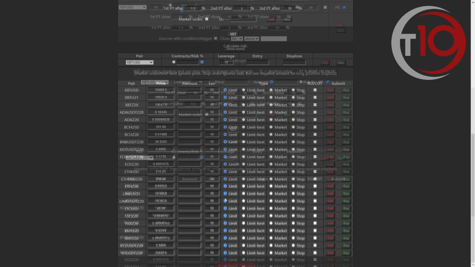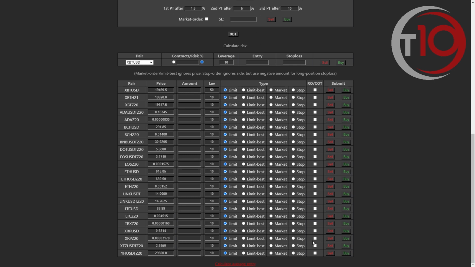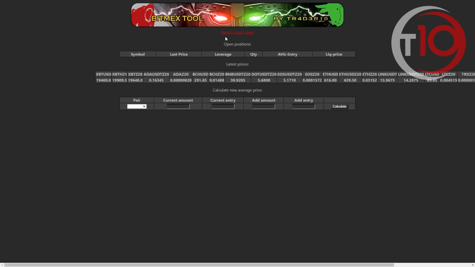So yeah. And one more thing I will add to the Binance tool is to calculate the average entry. So this tool will just find your existing positions. Then it will show you current amount and current entry. So I have no open positions now. And then you can select how much you want to add. So let's say you want to add 5K contracts,